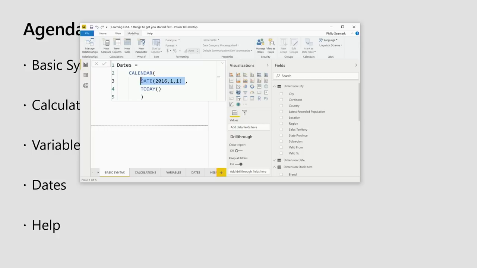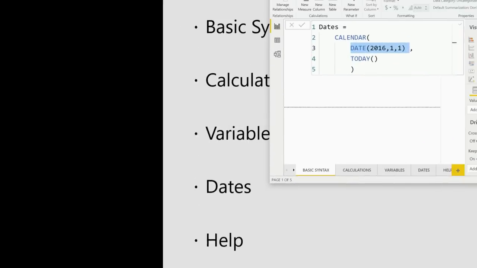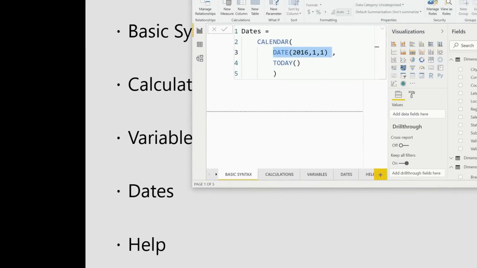When you look at the help that I'll show you near the end, it will tell you which functions return tables and which functions return numbers. In this case, my DATE function will just return a number, and its three parameters are just year, month, and day.